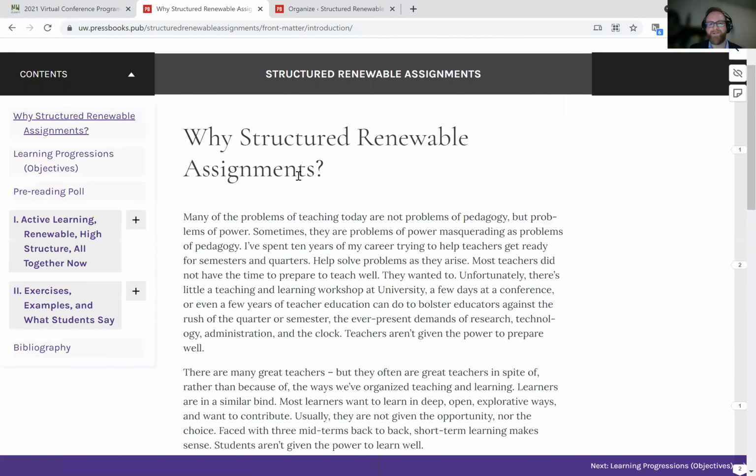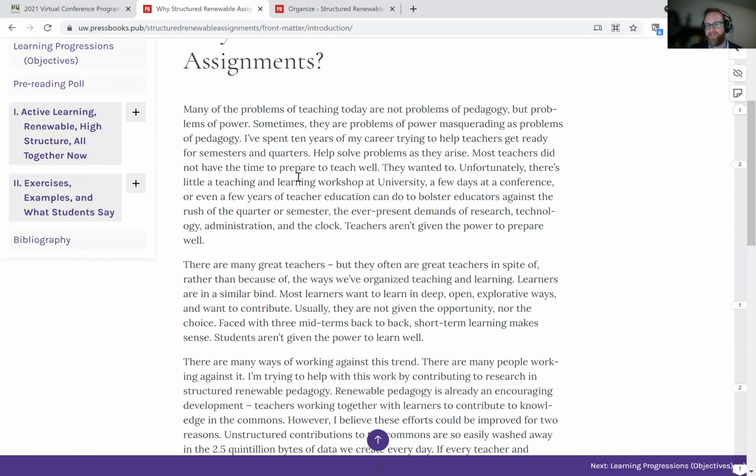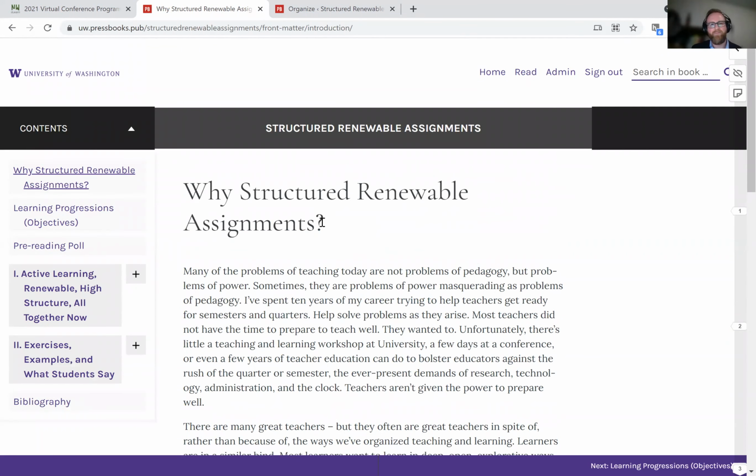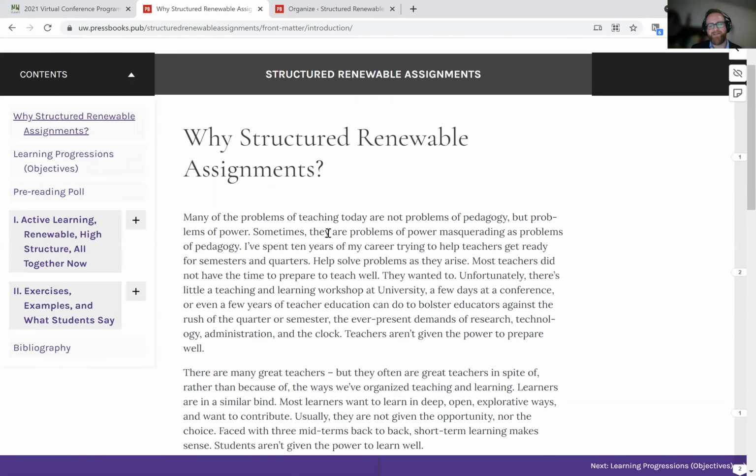So why structured renewable assignments? And I'm going to try not to read off of this too much, and I invite you not to read too much either. We know from multimedia learning that some of the reading and the auditory processing can get in the way of each other. So as I have this on the screen, maybe just let the words slide by, pay attention to the headers more than anything else. But why am I interested in structured renewable assignments, and why do I think you should be interested too? I think that many of the problems of teaching today are not problems of pedagogy, they're problems of power. Sometimes they're problems of power that masquerade as problems of pedagogy,